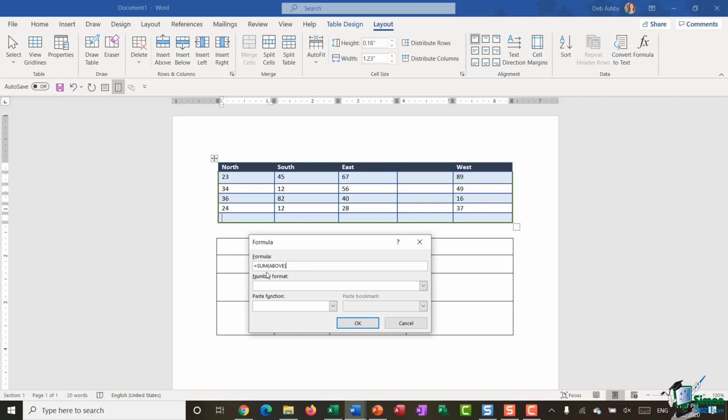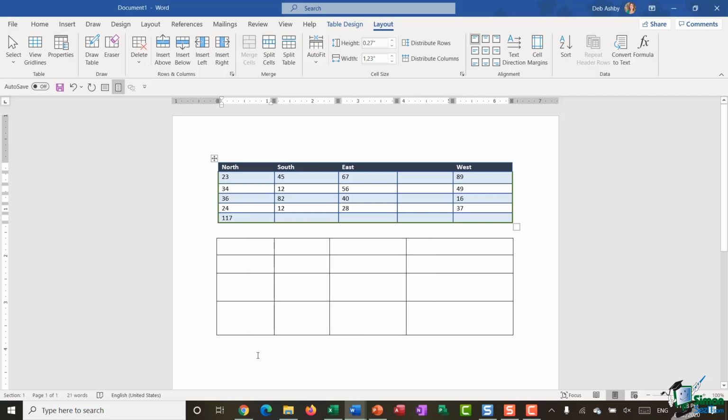So it's saying equals sum, and then in brackets, it says above. Now, there are about 18 different functions that you can use in formulas in Word, and you can see all of them listed in this paste function drop-down. So if instead of doing a sum, I wanted to do an average calculation, I could select that from there instead and use above, below, left or right, depending on where my numbers are. Now, in this case, I'm fairly happy just to do the sum of above, click OK, and it puts that